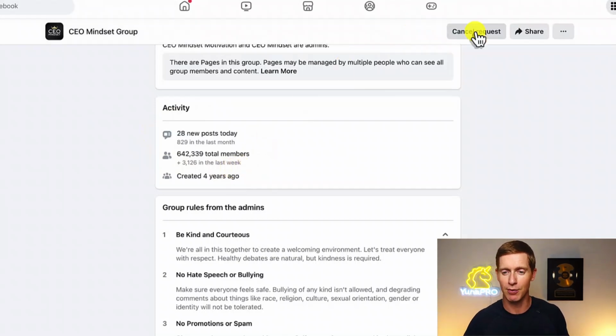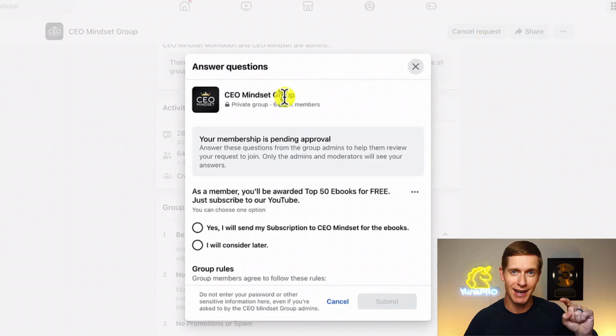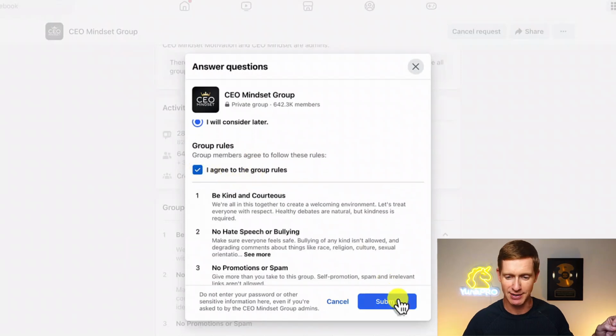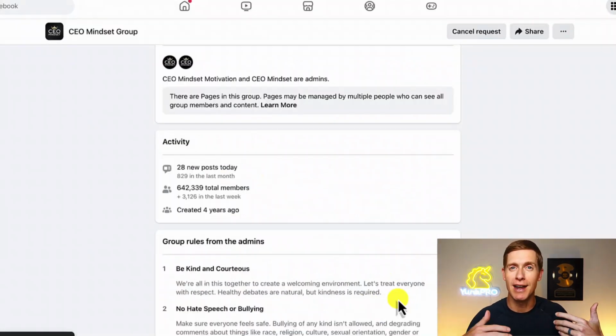Again, I'm going to click on request to join. And you'll see in this case, I did get those membership questions we talked about a second ago. So I'm going to go through and I'm going to answer the questions like this, and I'm going to submit my request, and I'm just going to wait to be accepted into that group. So that's the second step, is you want to join these targeted Facebook groups that came up when you used the unique search terms that were delivered to you by Meta.ai.